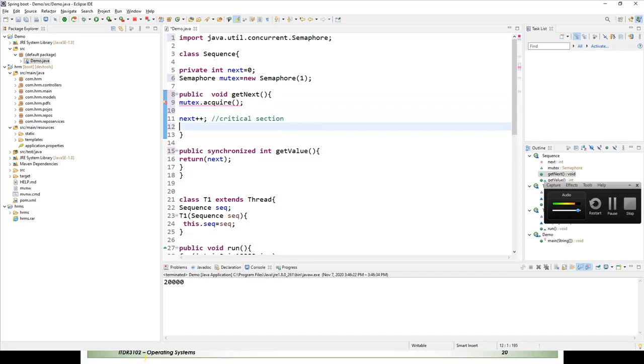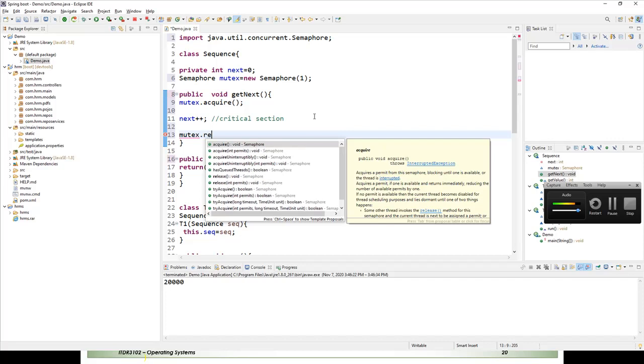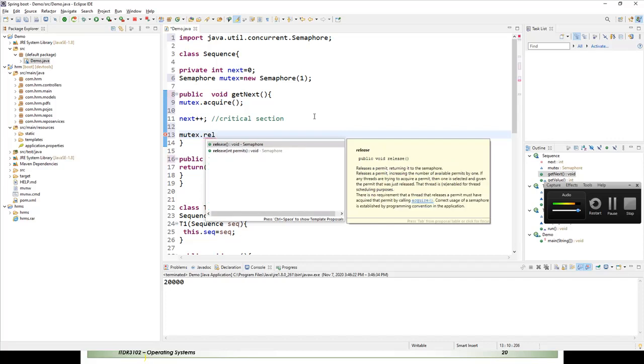Then after the critical section, we call a method called release.